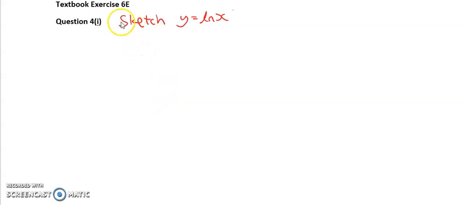In exercise 6E, question 4, part 1, we are supposed to sketch the graph of y equals ln x. In a sketch, we do not need to show as much detail as in a plot. Mainly, we just need to show the x and y intercepts, if there are any. So, to start,